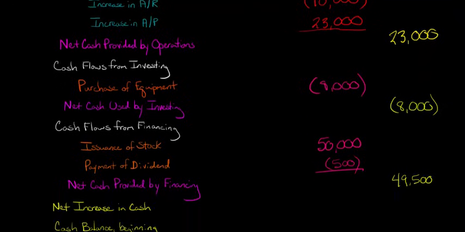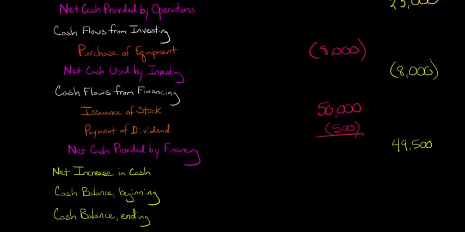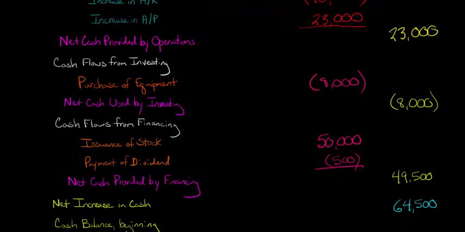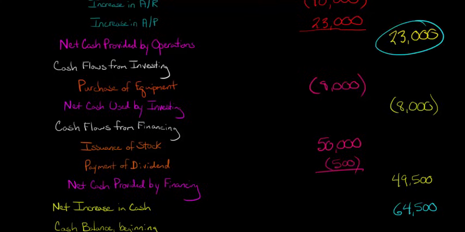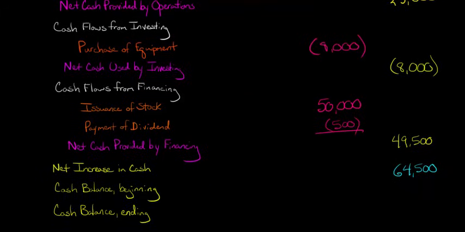Okay, so now we can go and say, what is the net increase or decrease in cash that we've had during the period? So we've had an increase. Let me just change the colors again to make this crystal clear for you. So we had a net increase of cash of $64,500. Now, how did I compute that? Well, I took the net cash provided by operations, net cash used by investing, net cash provided by financing. We sum those together, and that gives us $64,500. So if somebody said, what happened to cash during the period? We say it went up